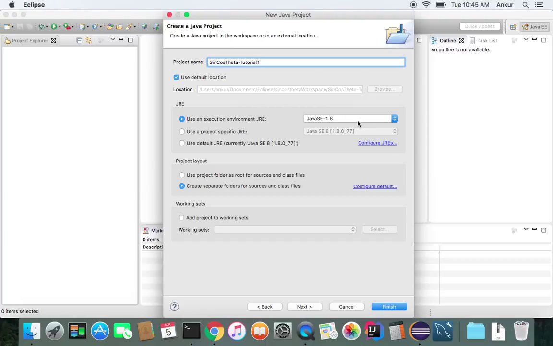And if you don't have an execution environment, you can use project specific JRE. So I have 1.8.0_77 installed on our Mac. If you remember, we installed it in our first tutorial. If you haven't looked into it, then please go back and install it properly. You will see it in the playlist. It's the first tutorial, and please install JDK, and then you'll be able to see it in here. Alright, so once you select that, click next